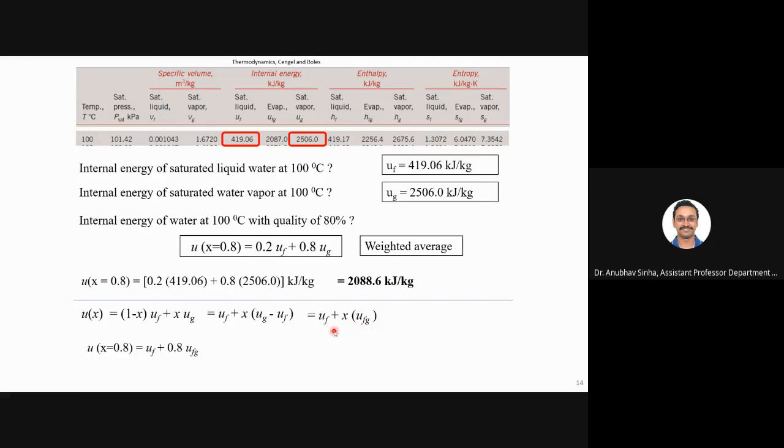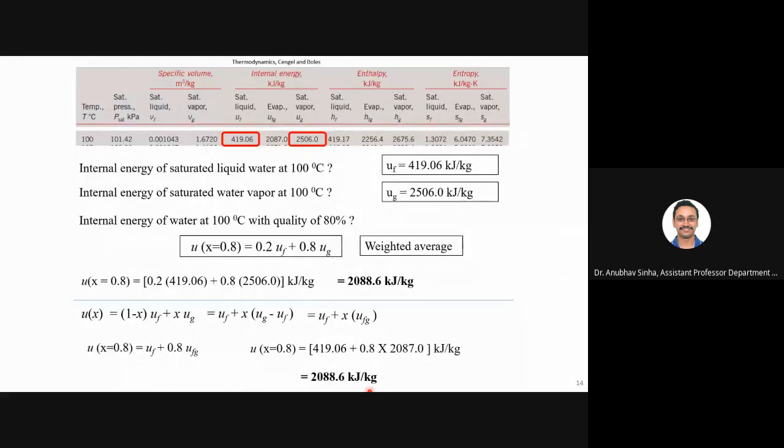So this we have already discussed in the pure substance lecture. Whatever you use, the idea is that you will get the same values. Whether I use this equation or any of these, it is what I am supposed to get if I am looking at this table. So don't think that if you use a different formula, you will get different values. You should get exactly the same values up to the correct decimal places you are calculating.